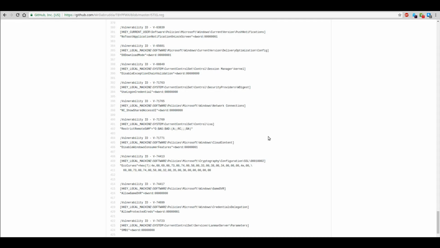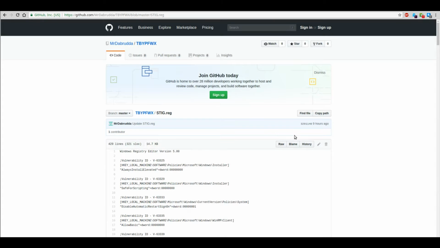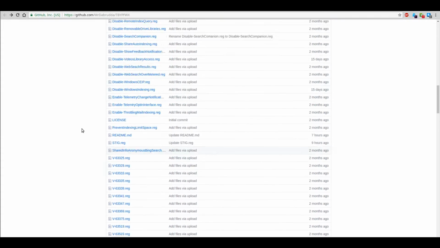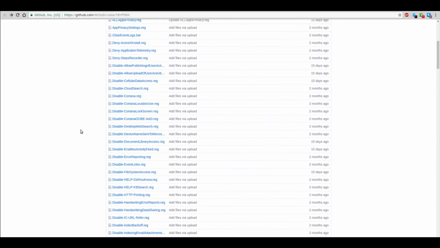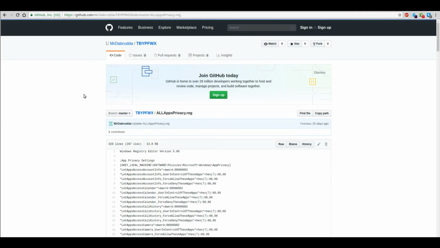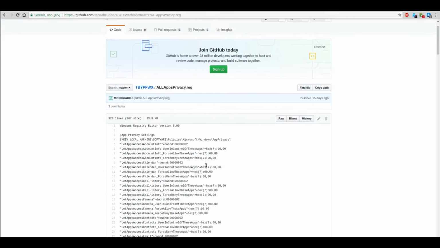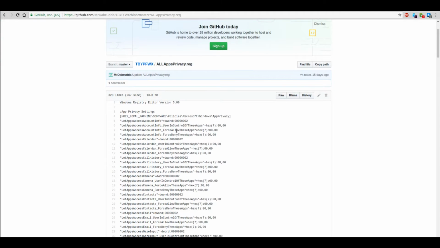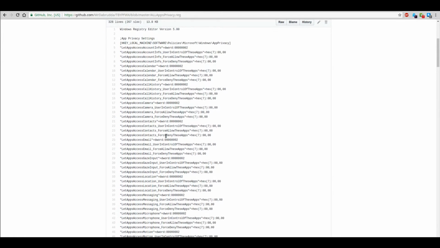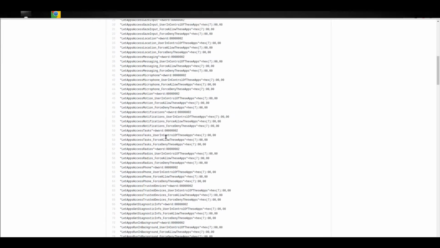You can download the DISA STIG viewer from DISA.mil and do that. But that's one of the main files for securing your workstation. The other one is the app privacy. This basically goes through and sets your registry settings up correctly to disable all this crap that Microsoft has running in the background,